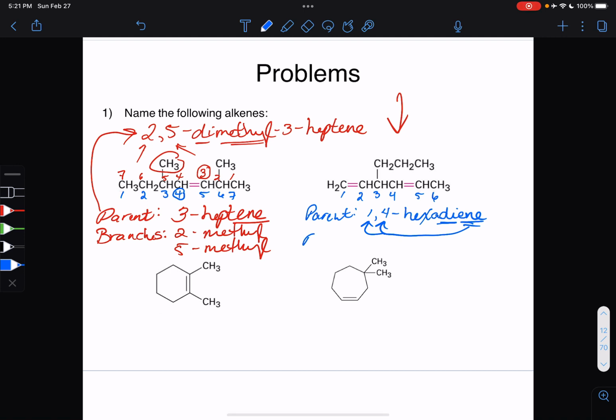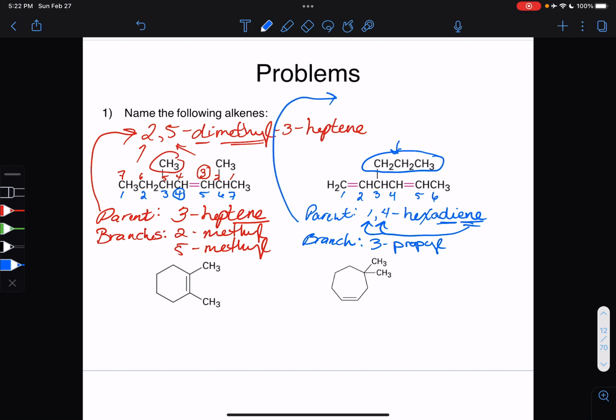So our branch, my friends, what is this branch right here? It's got 3 carbons, and we're connecting to one of the end carbons, also called a terminal carbon. It's on the end. That is a regular old propyl. Okay, if it was isopropyl, it would be connecting to the center carbon, which it is not. So we have a 3-propyl there. And I am going to go on up to the top to give us a little more room to write this. So taking it up here, what we have is we have a 3-propyl,